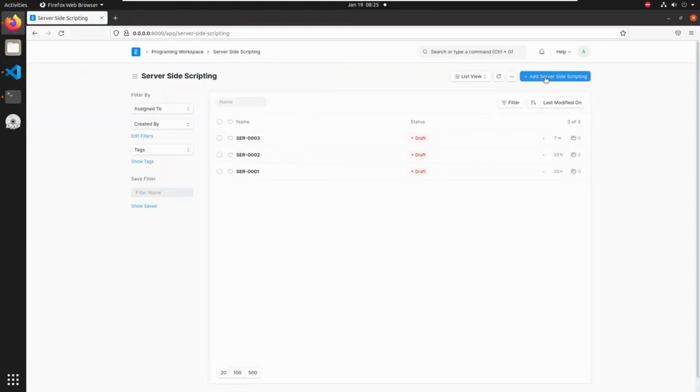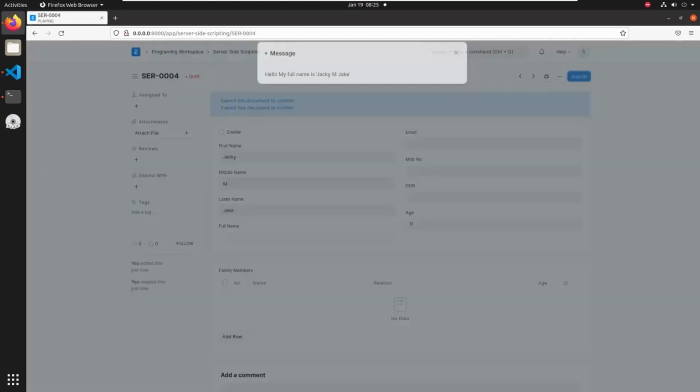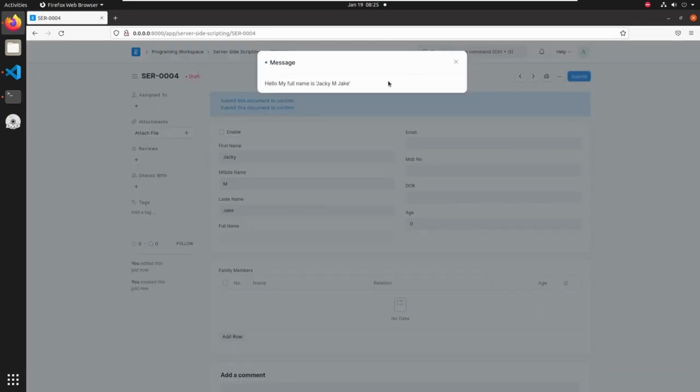go to server side scripting list, add a new server side script. Let's add a first name and middle name, then a last name. I'm triggering the validate event using this save button, and when I click on the save button, the form is validated and the message print function is triggered. Let's save this. Here we can see the message, hello, my full name is Jackie M. Jake, and the Jackie is from our first name field, then middle name is M, and the last name is